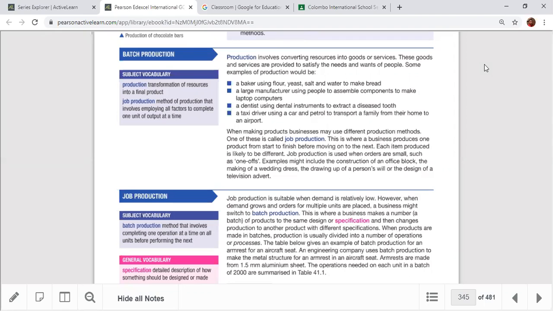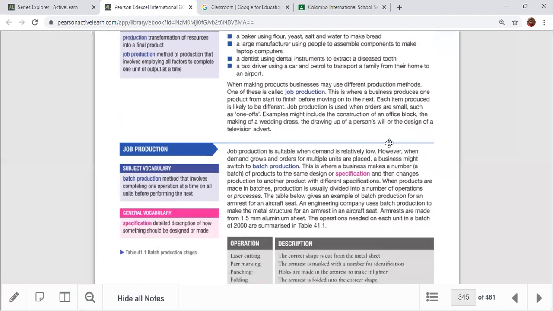So, job production has some advantages and disadvantages. You can see job production is suitable when demand is relatively low. However, when demand grows and orders for multiple units are placed, the business might switch to batch production. What is batch production? This is when the business makes a number of products to the same design